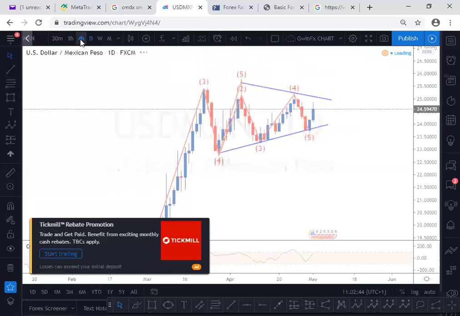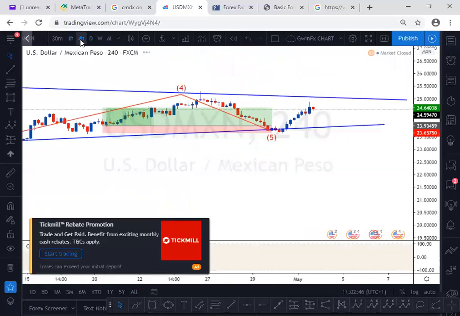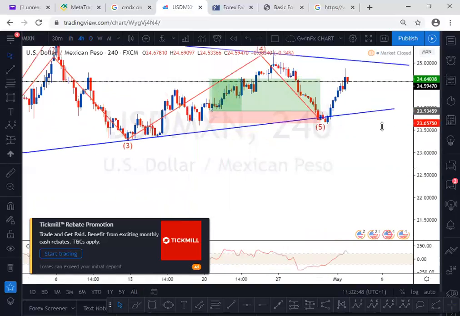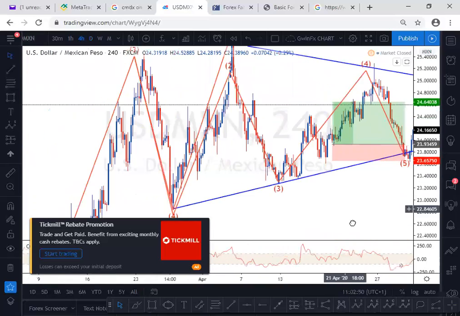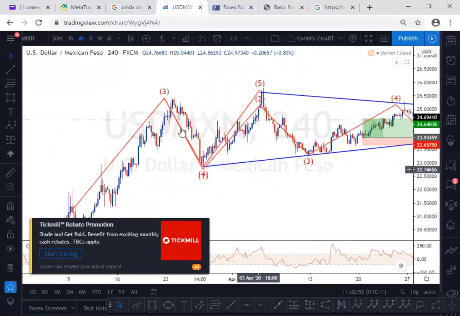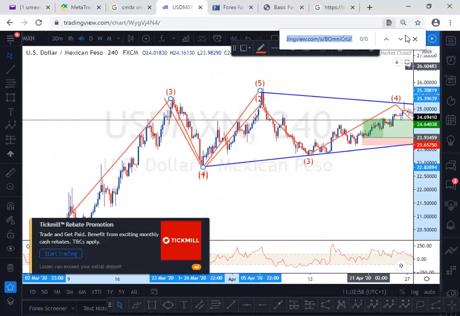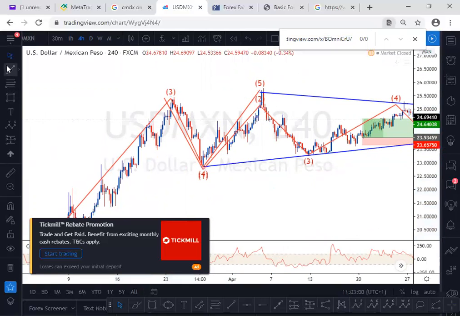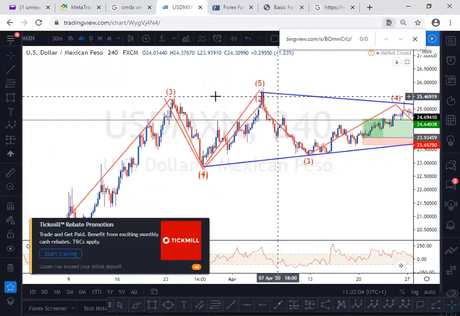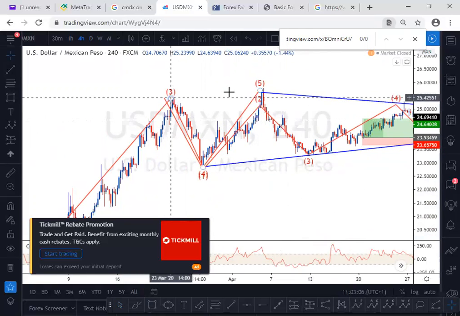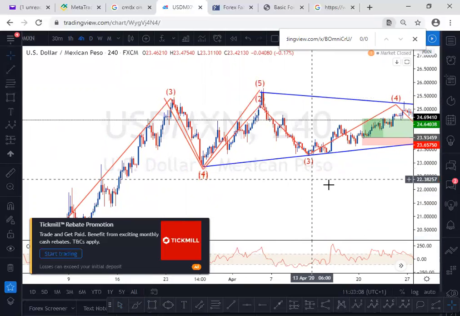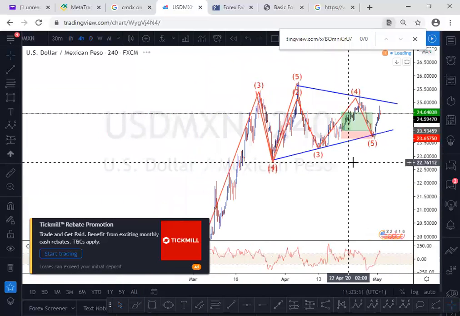But let's go down to the H4, because all the details you want to be seeing are inside the H4. This was our wave 3, which was this high, and this was our wave 4, and we can see that our wave 5 actually came in and took over this high. Our wave 4 actually came and took over this high here. So these are the levels of wave 3 and this wave 5, and the market is starting to make a correction to the downside.